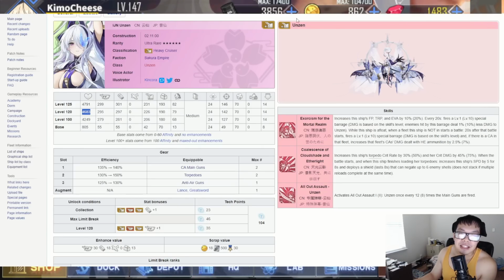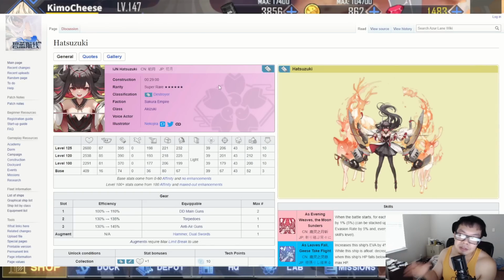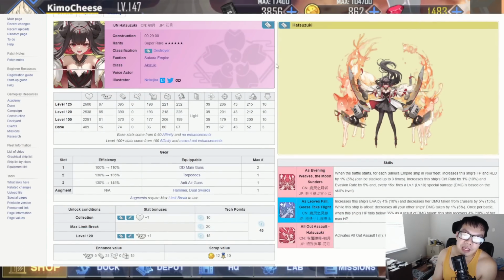Right, so the next ship we have right here is going to be Hatsuzuki. If you guys don't already know, Hatsuzuki is the third Akizuki class sister ship that is an SSR, I believe. Very, very good ship. At 120, we have 25,38 health, 85 firepower, 390 torpedo, 0 aviation, 193 on the anti-air,